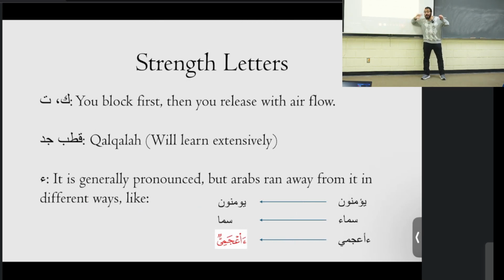We're going to have classes later, especially on these small weird nuances in our qira'ah. But the point here is to get the general understanding. When you have a letter that blocks the sound flow, you need a way to emit the sound because it just gets blocked. I need to hear the letter. So there are different ways of getting the letter out. One way is qalqala, the other way is airflow. Does that make sense? Okay?